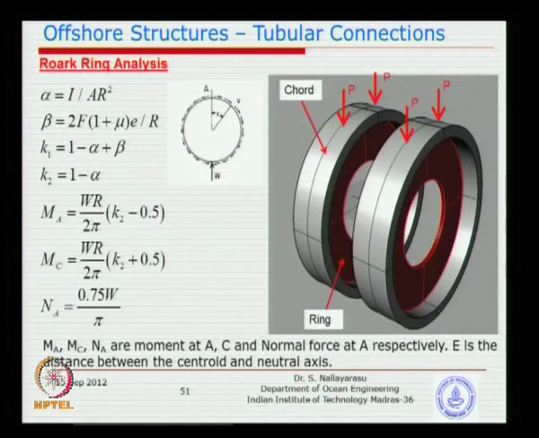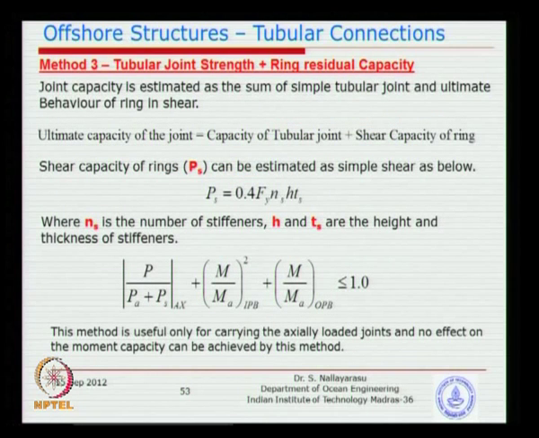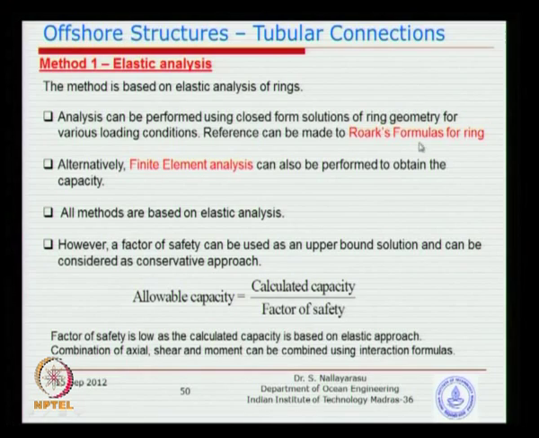So what we have seen here among the 5 methods proposed, the ones easy to use are method 3 and method 4, normally practiced because of their simplicity, and you do not need to go on to method 1. We used to do this, especially these Rourke formulas, in the early 90s, but they are very conservative because these ring formulas are really conservative, the moments are very high, and it may require a bigger thickness.